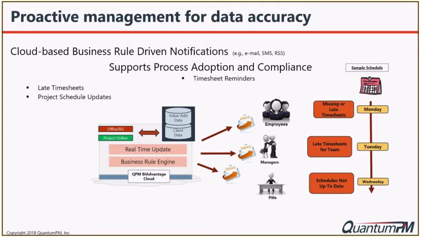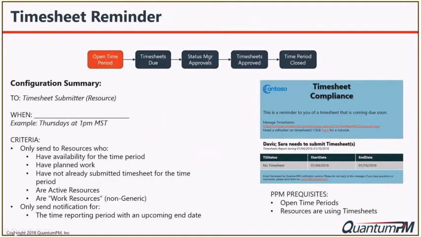So later on in the process, there might be new rules that you put in place. All of that can be automated in the system, so that you don't have to be spending your time nagging people to do what they're supposed to be doing. You make it as easy as possible for the data to come in and be as accurate as possible in a timely manner. So again, just an example of what that might look like. A simple reminder goes to one person to let them know that they need to get something done. There are lots of criteria around when you might do that and how you might do that, but systems like BIAdvantage can do that automation for you so that you don't have to do it.